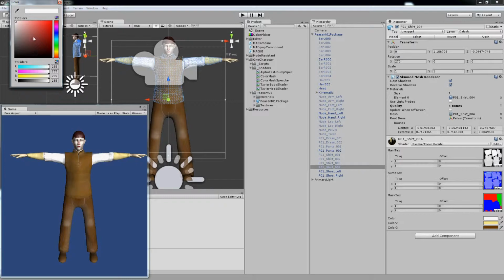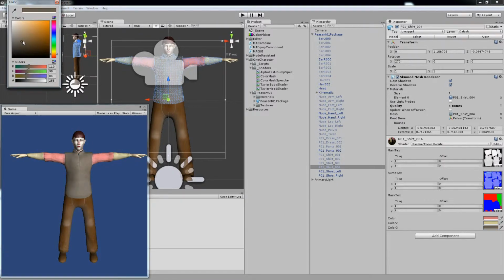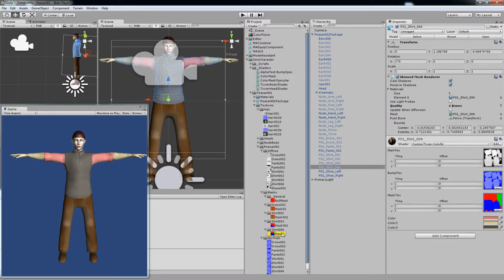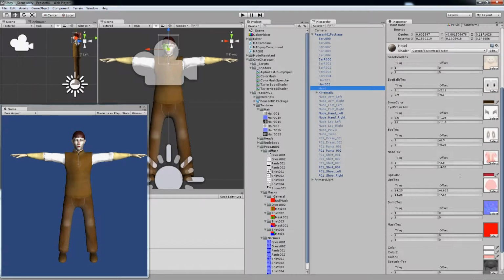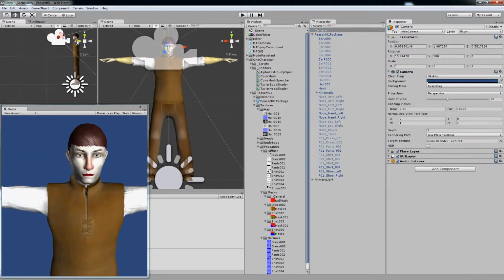So when we change color, we change the sleeves as is dictated by the UV map here. When we change color 2, that's like the cuffs, and then color 3 is in this case the jerkin. And you could set up multiple different kinds of masks to create different patterns in color on each one of your models. We also have the custom head shader, and what this allows us to do is change out the